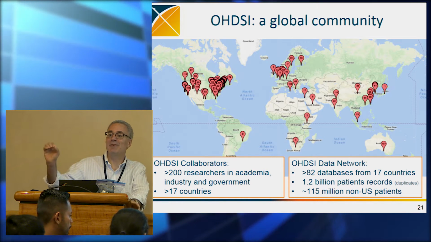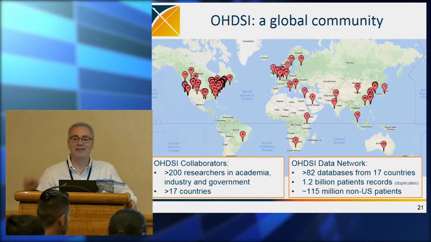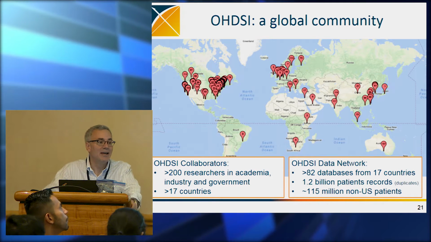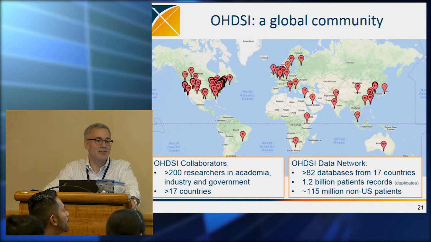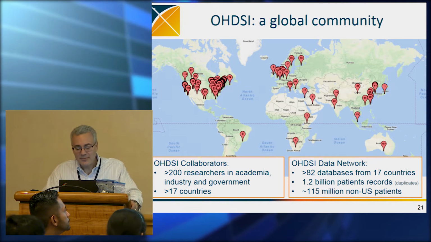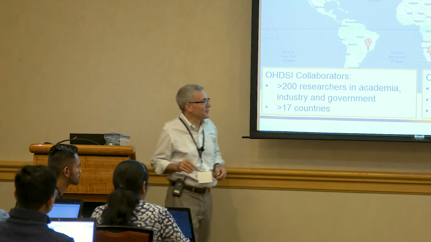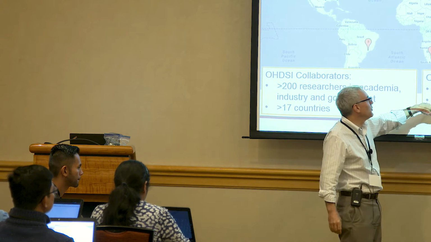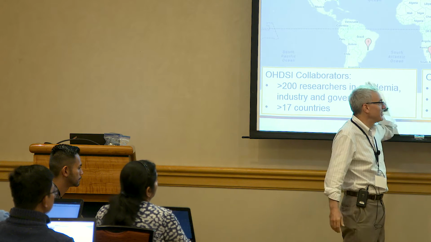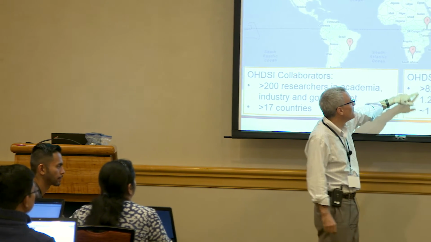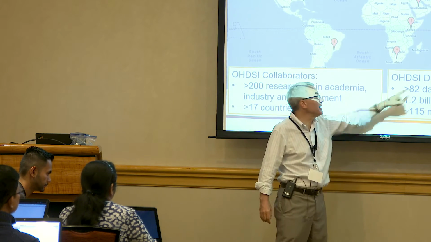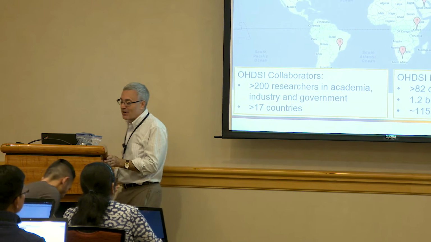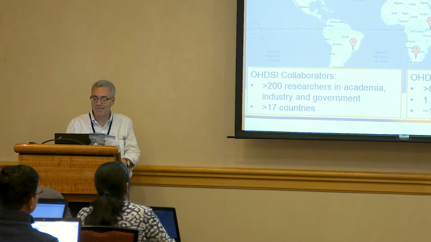But when I combine it, I have to be careful to take into account the fact that there's duplicate information. The important thing is not underestimating our confidence intervals, because I think we have more degrees of freedom than we really have. So doing it right is key. So 1.2 billion patient records, that's a fine estimate of the number of records we have sitting somewhere. 82 databases is right. 17 countries is the number with databases. It's over 25 countries with researchers collaborating with us, and over 200 researchers is right.